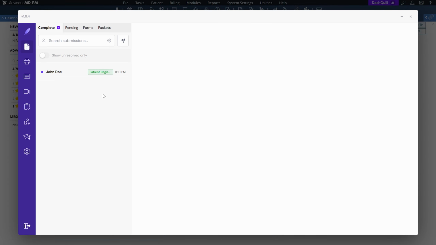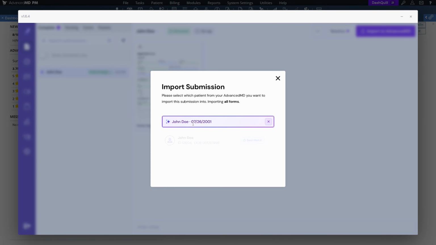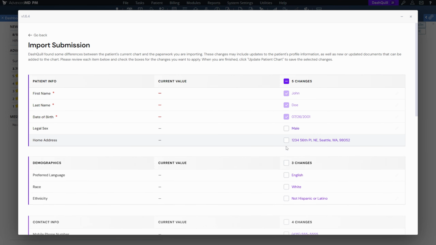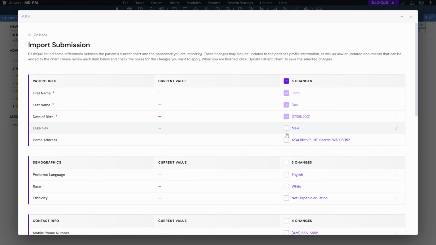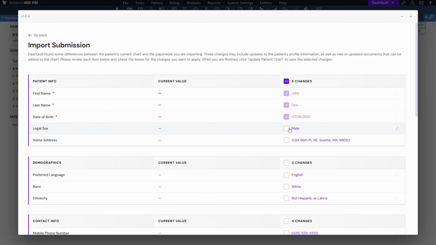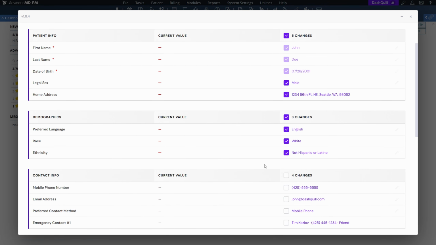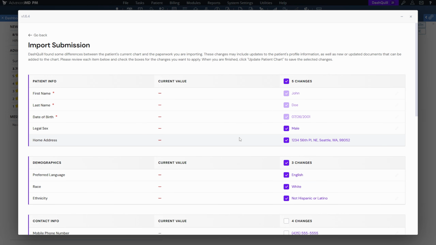But high level for forms, when a form comes in, you're going to be able to import it into AdvancedMD. And basically it will search for the patient, and then you can either update the chart or you can actually create a new one. And we're going to not only upload the documents, but we're actually going to go and fill in these different fields. So things like patient info, demographics, insurance, pharmacy, all these things from the forms will get automatically put into the